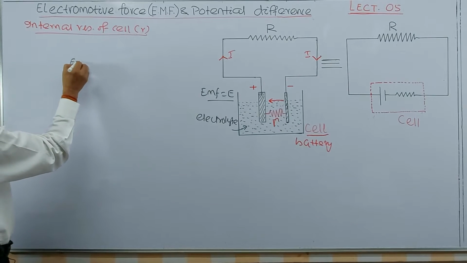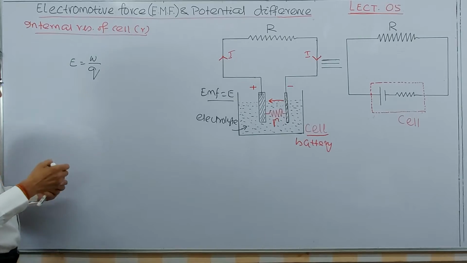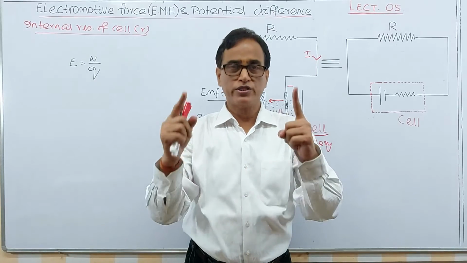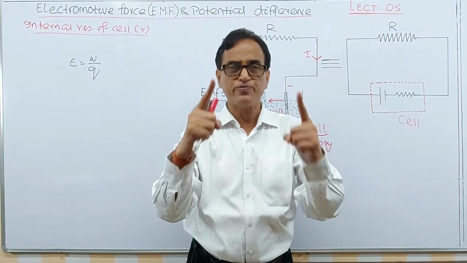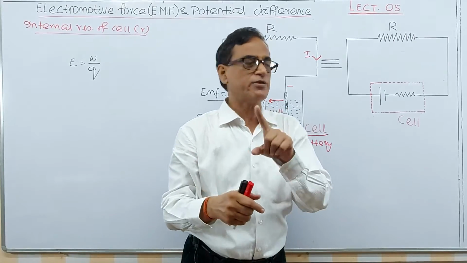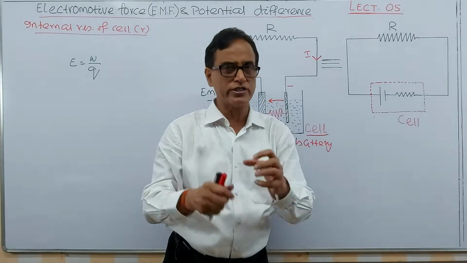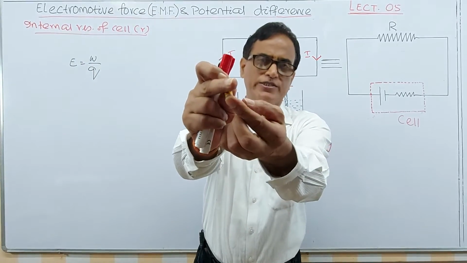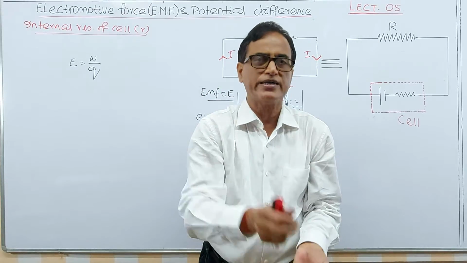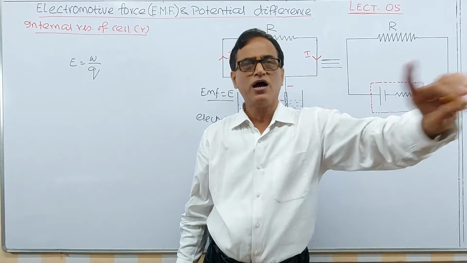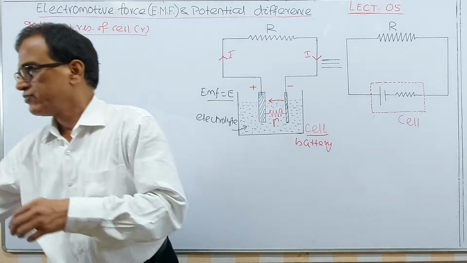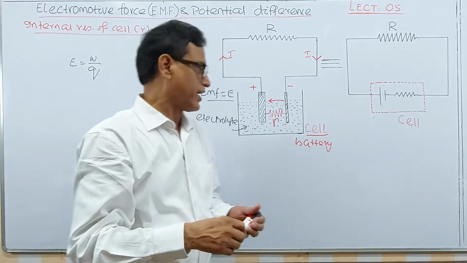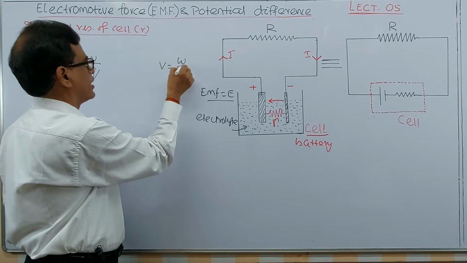What is the EMF? EMF is actually the work done to carry the charge, because whenever there is a potential difference, minimum you should know this. For a battery, one line is long and one line is short. There is a potential difference, and in a battery this side is negative and this side is positive. There is a potential difference between these 2 points. It has been created, manufactured and sold in the market for utilizations. Now the potential difference is maintained across these 2 terminals. Potential difference you have read earlier. Potential difference is equal to work done per charge.